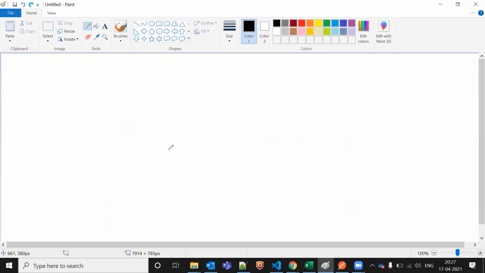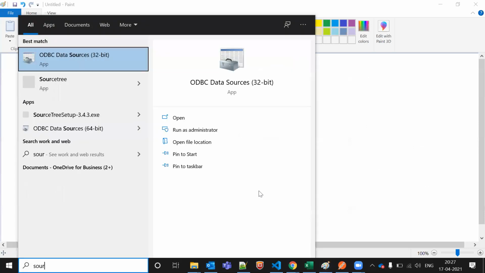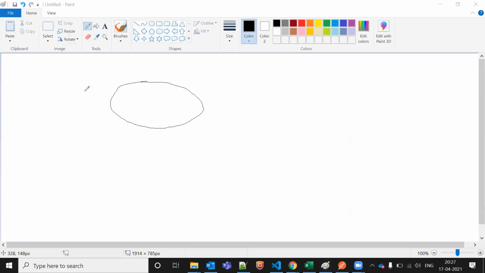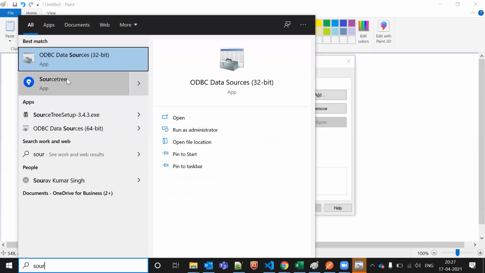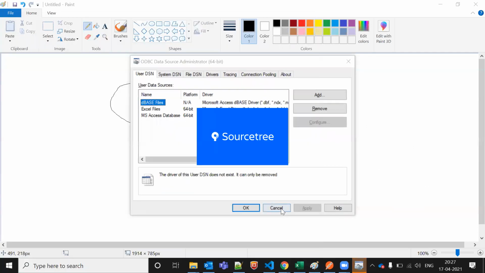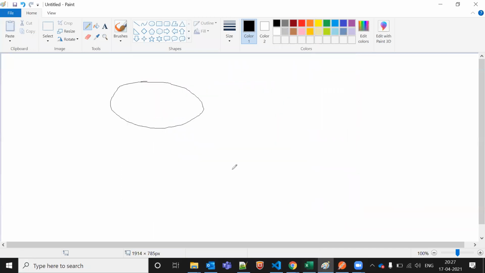So now let's go to Bitbucket. What is the flow of Bitbucket? Let's say at the initial time, we should have a few pieces of software. One is Sourcetree. Sourcetree looks like this, let me just open Sourcetree. This is a software which we need to install in our system.